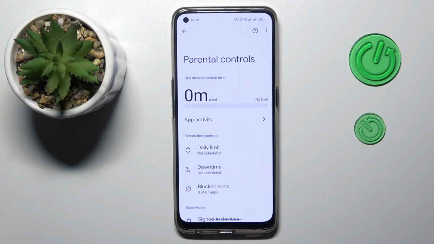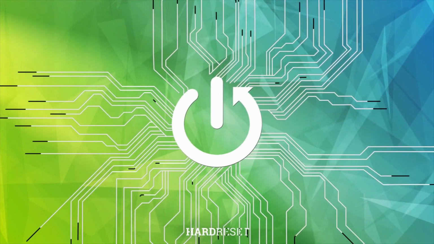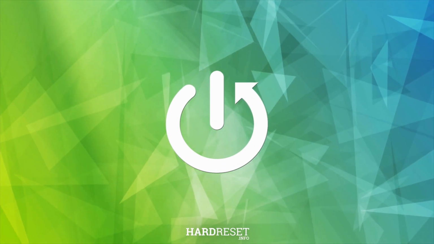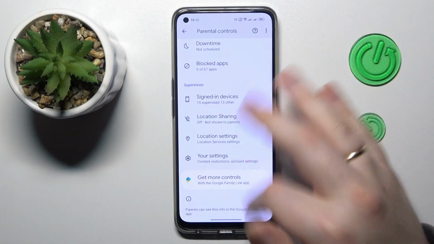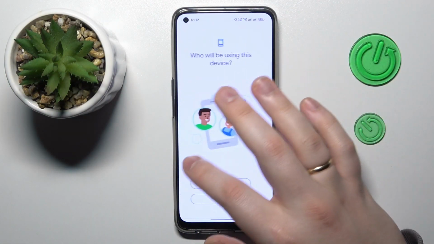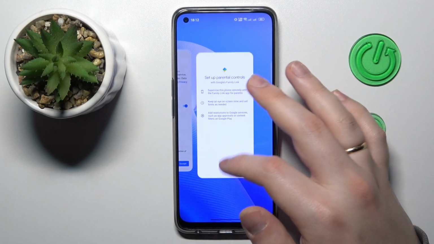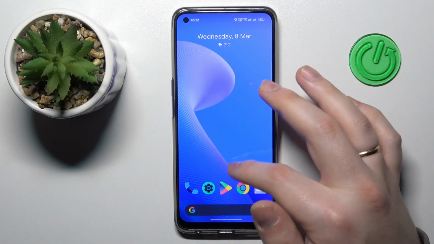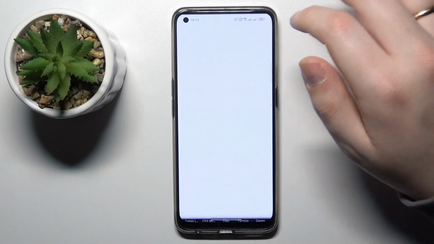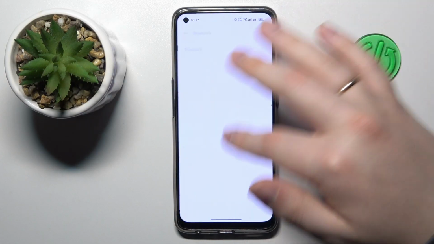This is Realme 9 Pro Plus, and in today's video I would like to demonstrate how you can bypass parental controls on this device. As you can see, my parental controls are indeed activated. So in order to turn those off without having to grant any parental permission or authorization, you gotta go into